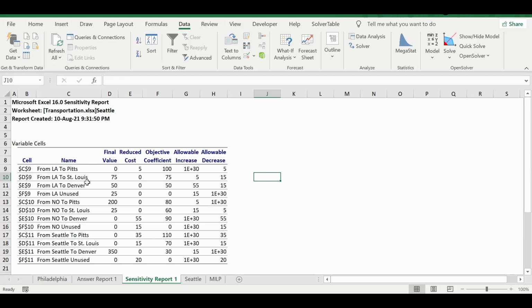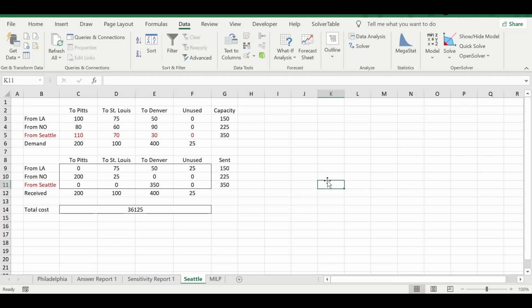For example, if I increase the objective coefficient, that is the cost per unit on the route LA to St. Louis, below 5 units, then your optimal solution, that is the final value column, remains the same. That is one observation from the sensitivity report. We have already discussed how to interpret a sensitivity report, so all those things can be used here.